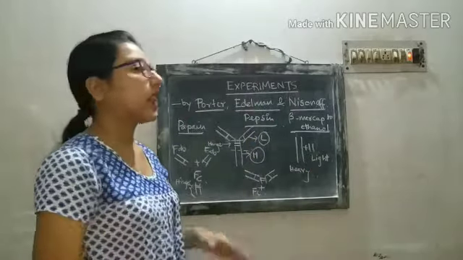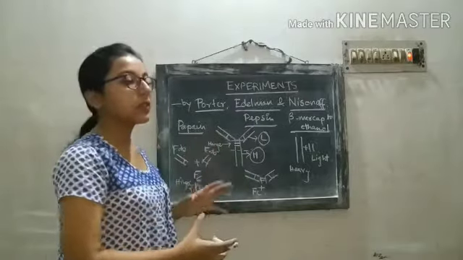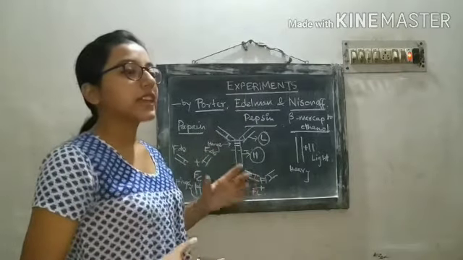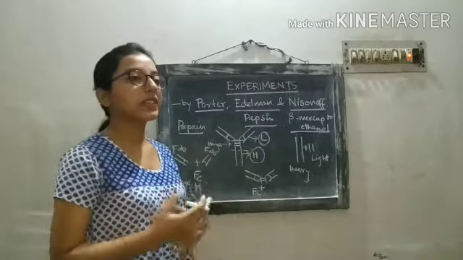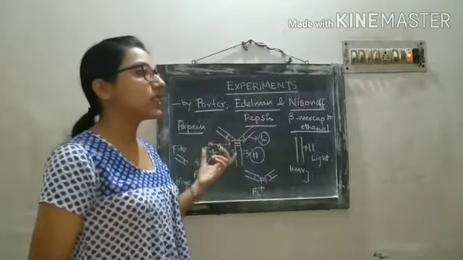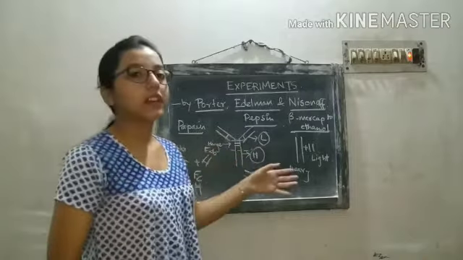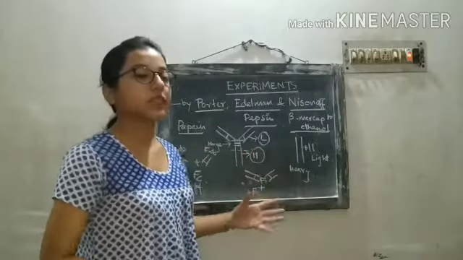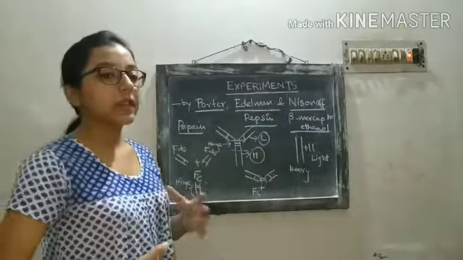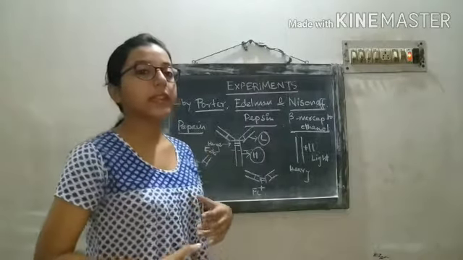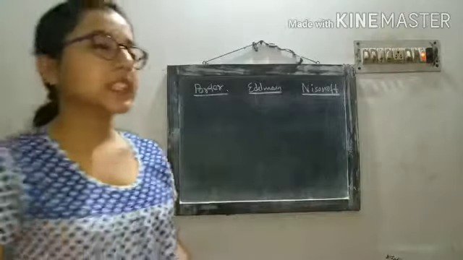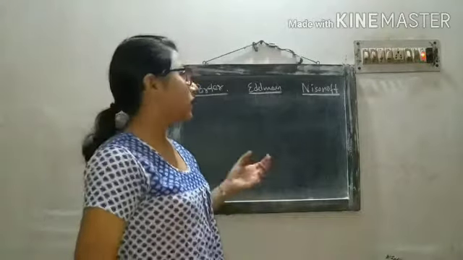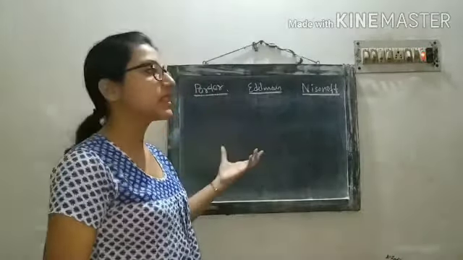So after obtaining 3 different results from 3 different experiments, the scientists compiled the results and came to the conclusion that the antibody has a heavy chain, a light chain, Fab fragment, Fc fragments. So all these fragments, the complete structure of the antibody was deduced after performing these 3 experiments. Now let's look into the results obtained by the 3 experiments performed by these 3 scientists.